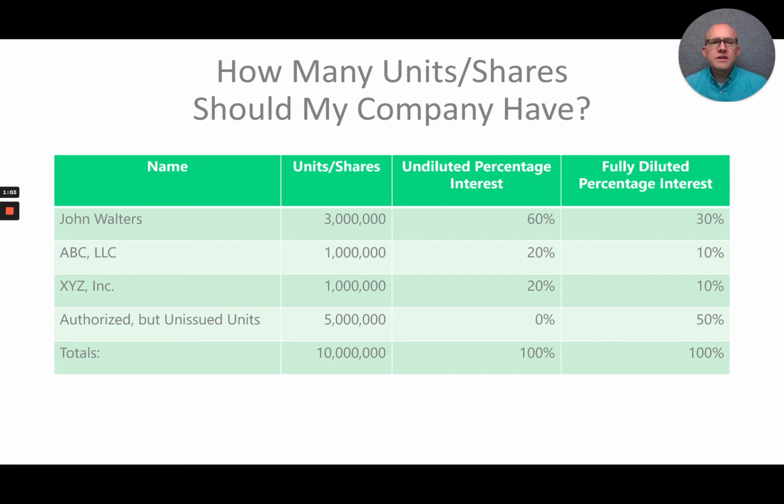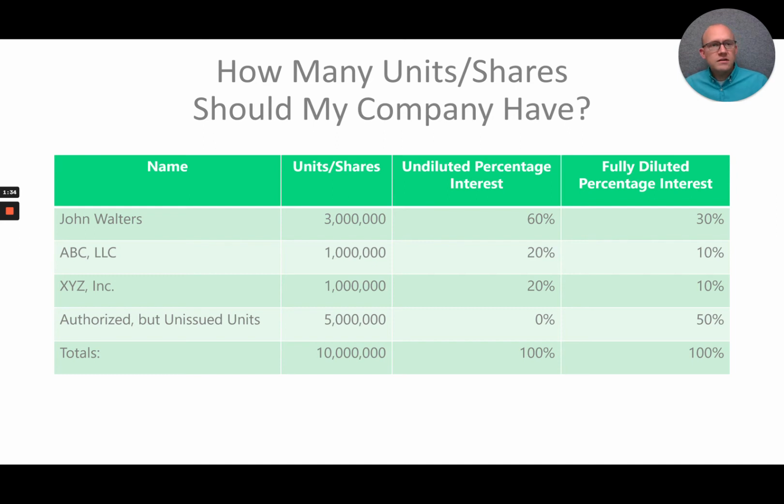So one of the biggest questions is, how many owners do you think you're going to have? And are you going to have owners that own large chunks and at the same time have owners that own very small, 1/4% or even less than that of a percent of the business? Because the larger the disparity in ownership percentage, the higher the number of units in an LLC or shares in a corporation you're going to want to have.